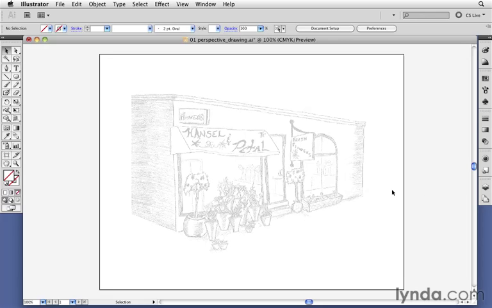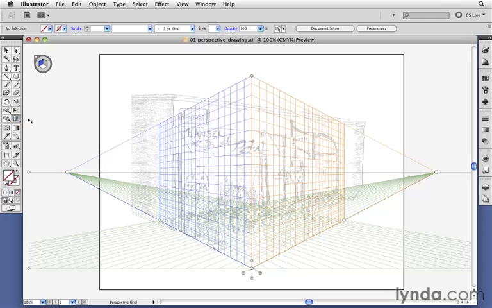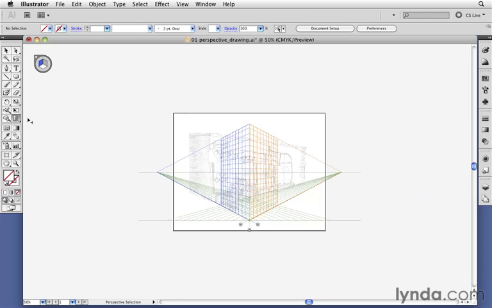I'll begin by going over to the toolbar and clicking on the perspective grid tool. This turns the grid on inside of my document, and now I can move it and adjust it to match the actual artwork itself. Here's a tip. When you're working with perspective artwork inside of Illustrator, very often the vanishing points can be very far in the distance. So I find that often when I'm trying to match a perspective grid to some artwork or a photograph, I zoom out a lot so that I can really see the entire artboard and I can position my grid